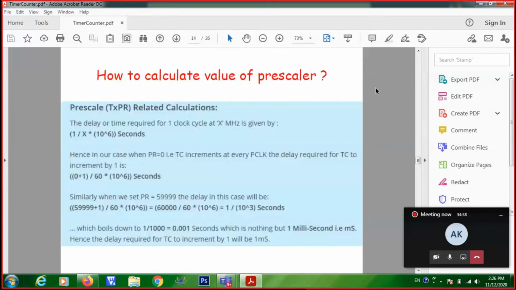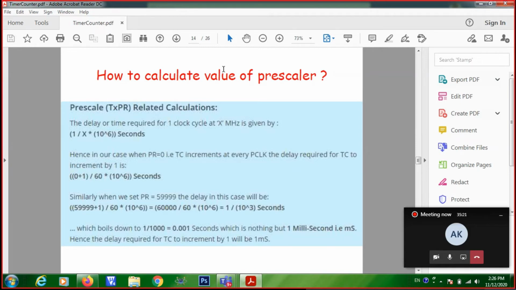Right? So next we will see how you can calculate the resolution using the prescaler. I told you the prescaler is the block which decides the resolution of the timer. So how will you calculate that?